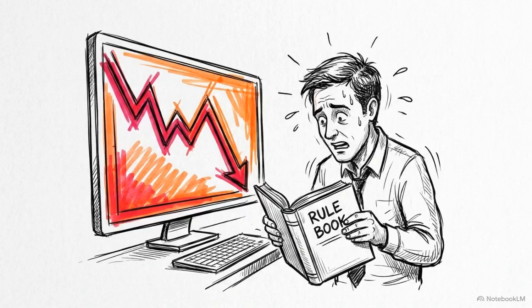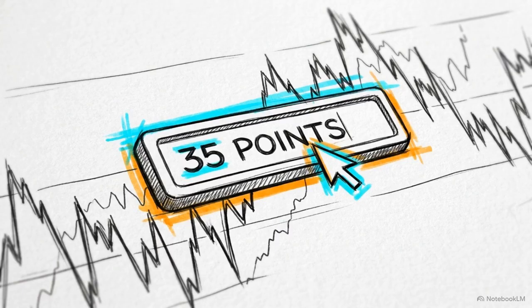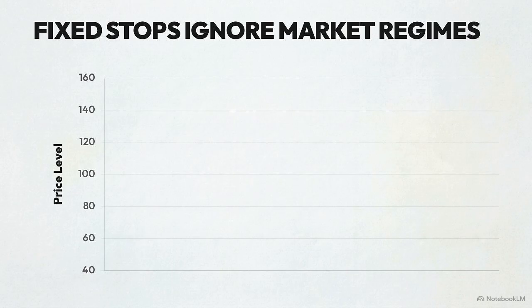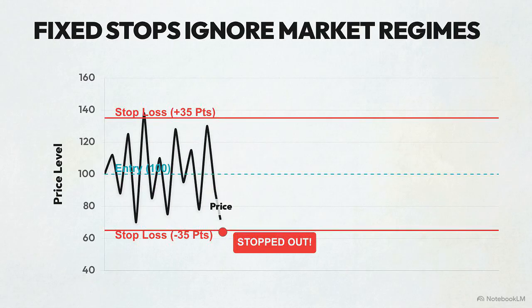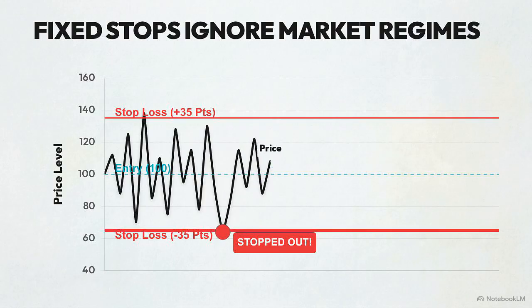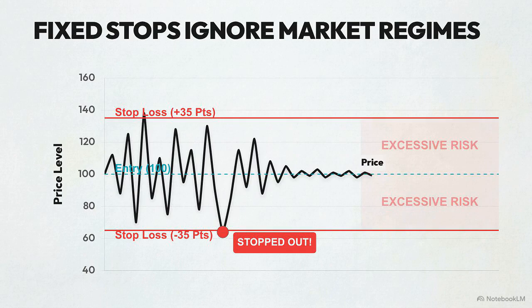Many retail traders rely on a static, hard stop, like deciding they'll always risk exactly 35 points on every single trade, regardless of the conditions. But the market does not have a static personality. If you look at a highly volatile market, a rigid 35-point bracket gets triggered immediately by normal price fluctuations. Take that exact same 35-point bracket and put it in a quiet market, and it is far too wide, exposing